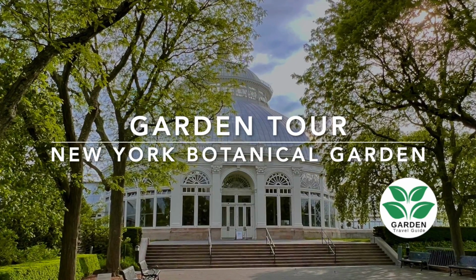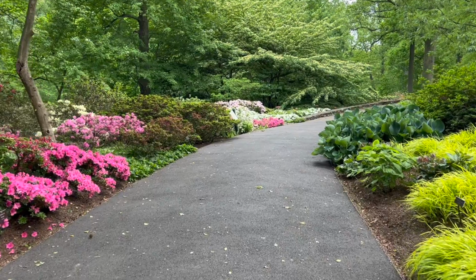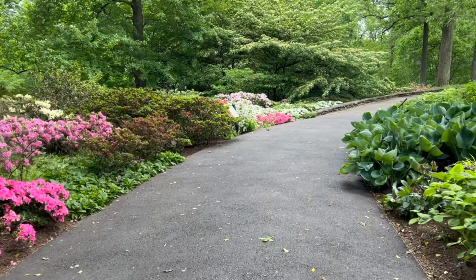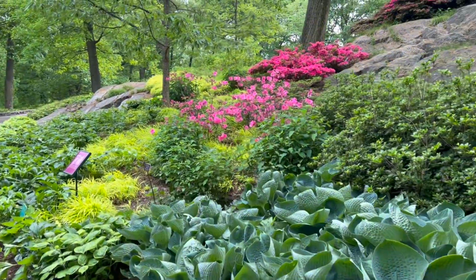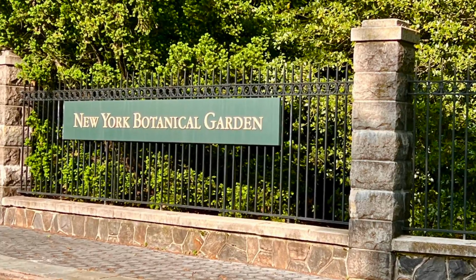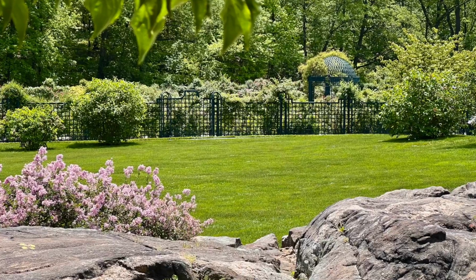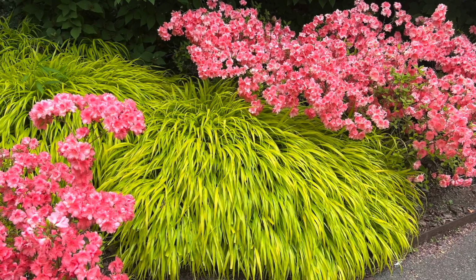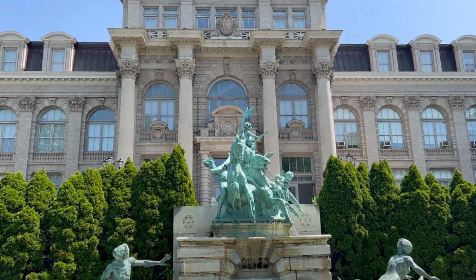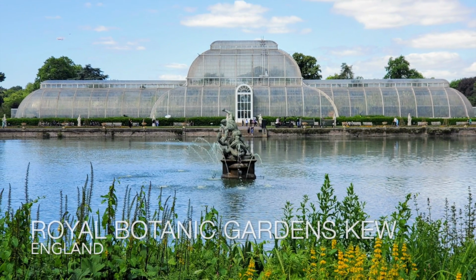The New York Botanical Garden was founded in 1891 and is designated a National Historic Landmark. It is on my list of top 10 botanical gardens to visit in the United States. Stepping through the garden gates, one leaves behind the crush of the city for sweeping landscapes, colorful flowers, and breathtaking historical buildings. Destined to be spectacular from the start, the garden was inspired by a visit to the world-famous Royal